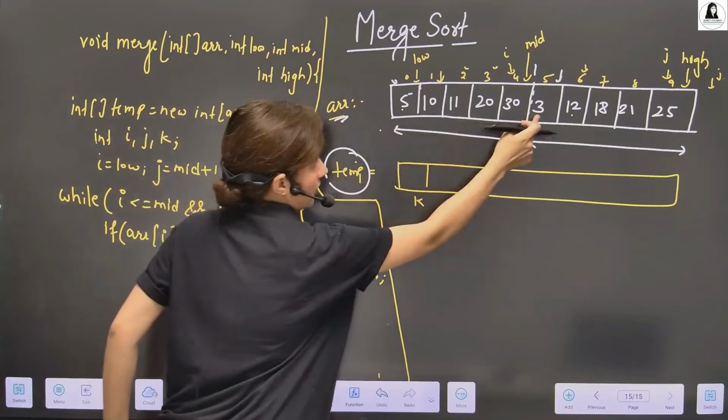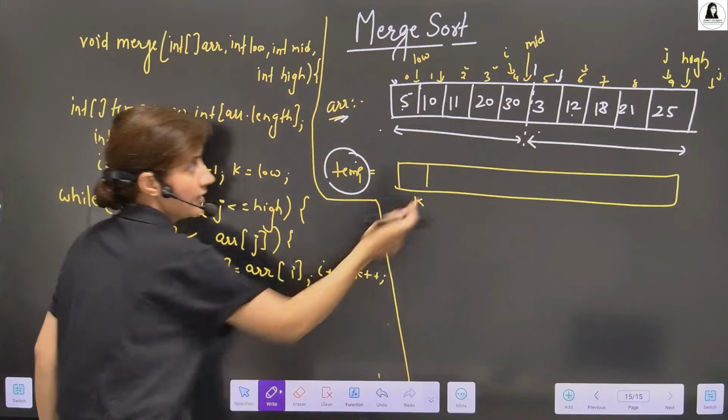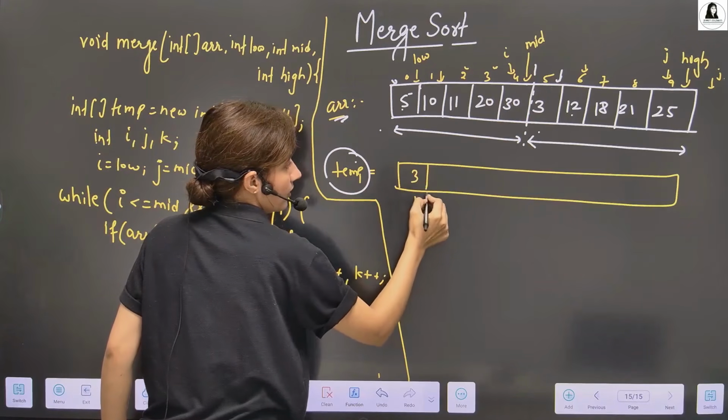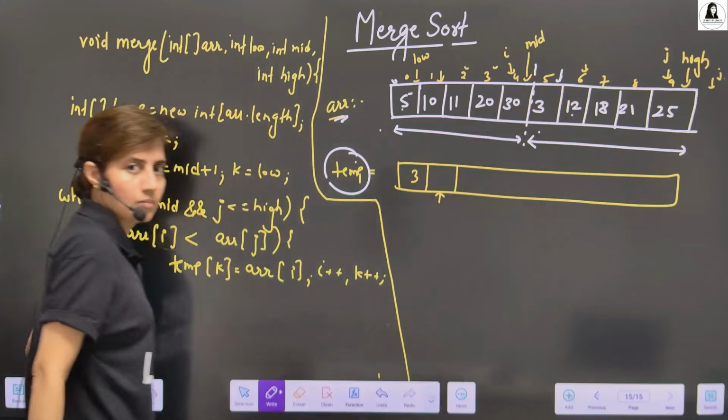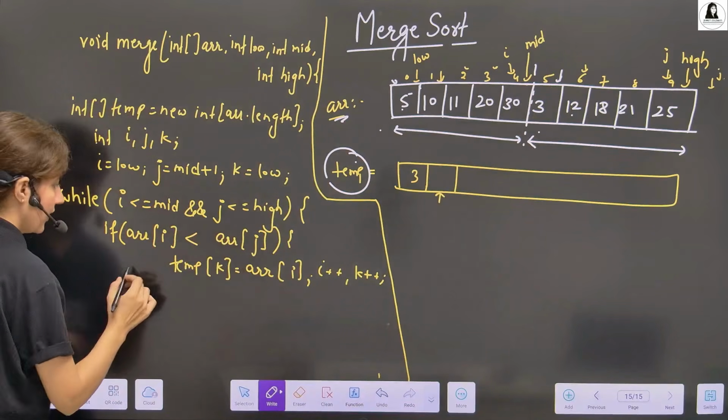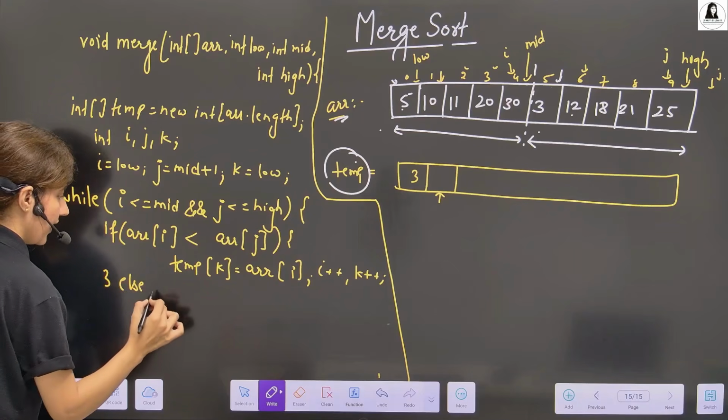So i is here, j is here. Compare this and this. In this case, this one is smaller, so we'll put 3 here and move k also, k plus plus. In this case, we move j. If this is the situation,